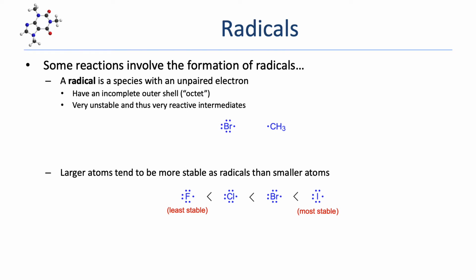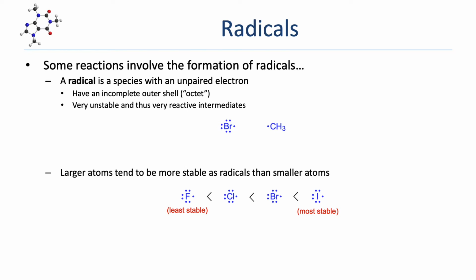One big factor in relative radical stabilities is the size of the atom that has the unpaired electron. Larger atoms tend to be more stable as radicals than do smaller atoms. Radicals are inherently electron deficient. They may not have a positive charge, but they still have that incomplete outer valence shell. Larger atoms can simply spread out that electron deficiency over a greater space, and that makes them